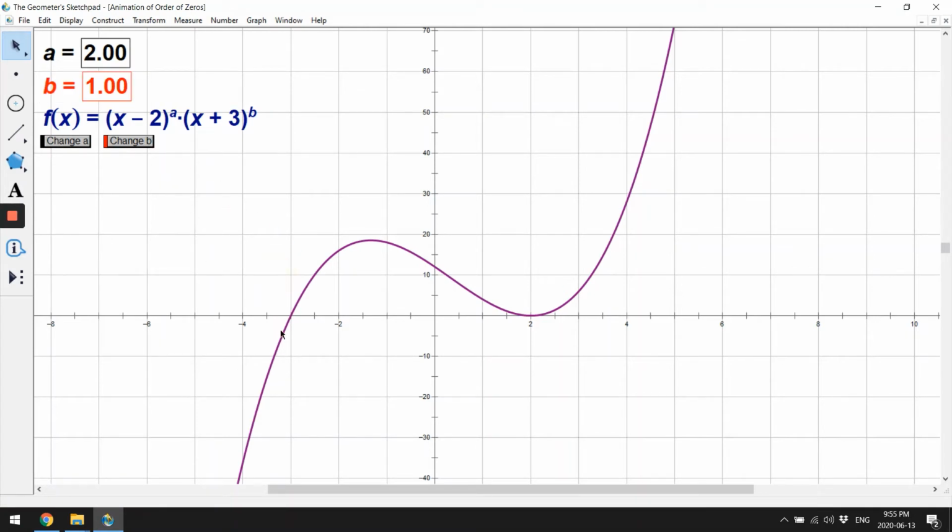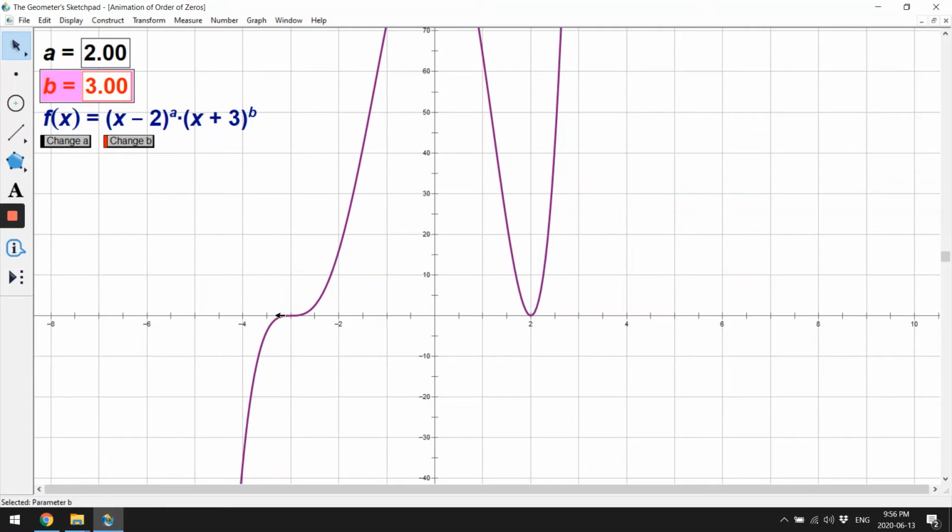Now, if the order is odd, for example, if it's 1, you see it's crossing linearly. I know it's not a straight line, but if you were to zoom in, it looks very much like a line. But if the order of the zero is odd and it's greater than 1, like 3, 5, 7, 9, what you see instead is a point of inflection. It looks like a cubic is being graphed on that x-intercept, like x cubed graphed on the x-intercept of -3. So remind yourself, if the order of the zero is odd and it's greater than 1, you have to draw